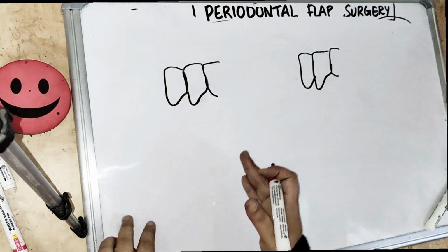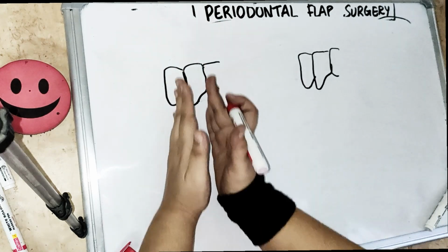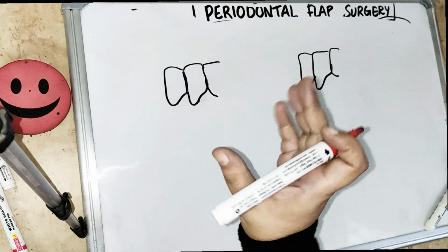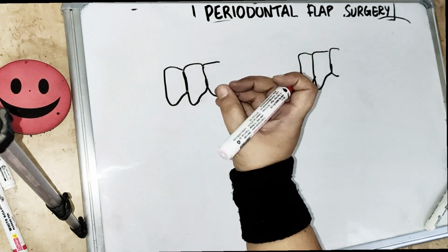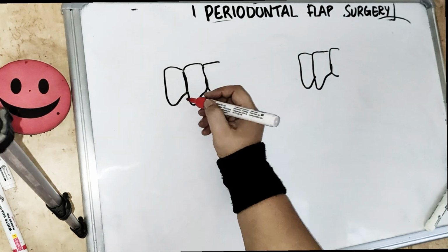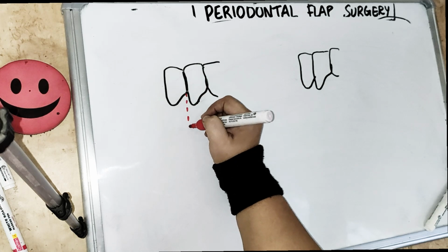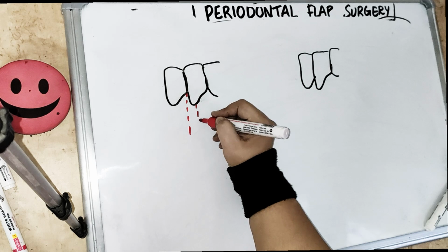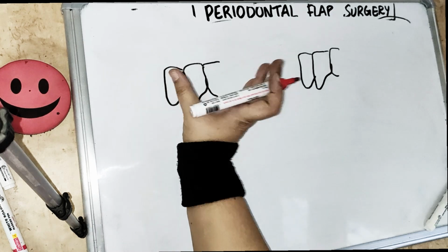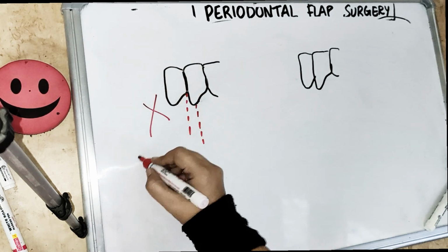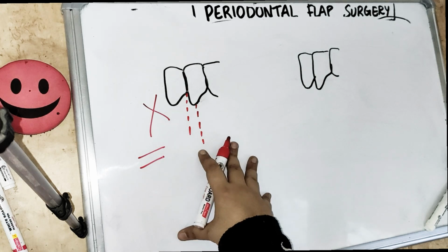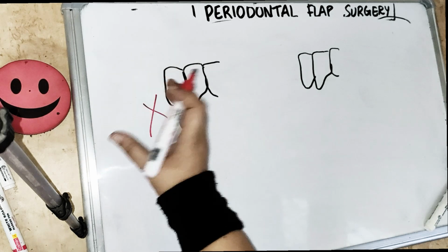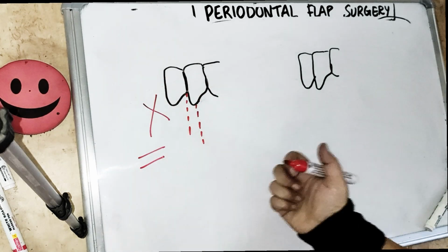Coming to the vertical incision, this is the long axis of the tooth and we go parallel to the long axis of the tooth for the vertical incision. So these are placed at the line angle of the tooth. We have already covered in the flap designs that we cannot give it at the mid of the interdental papilla, nor at the midpoint of the tooth surface. So this is incorrect, because either it is going to make a black triangle or it will cause recession because it is going to retract.